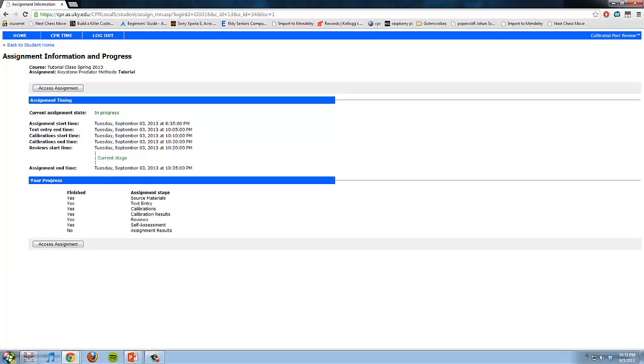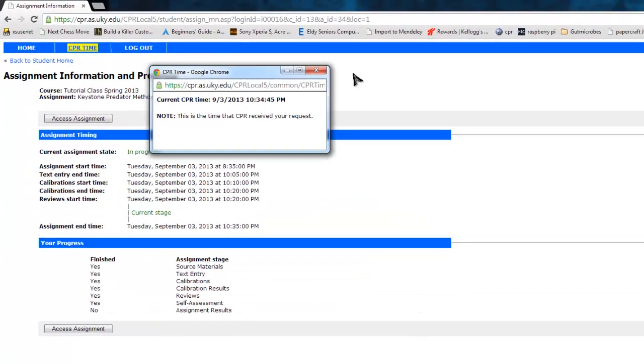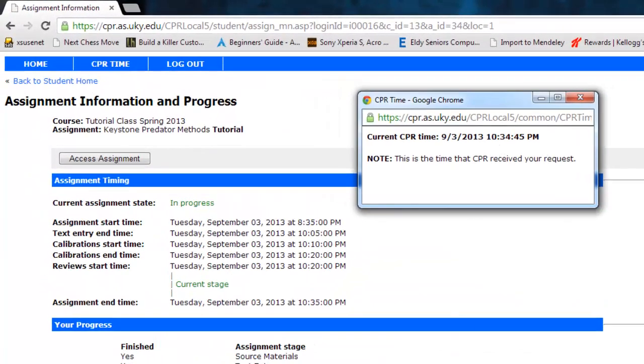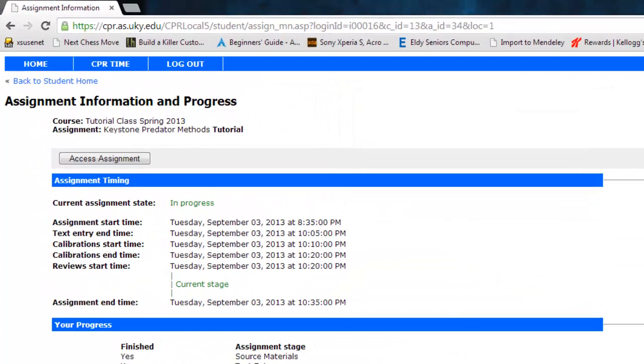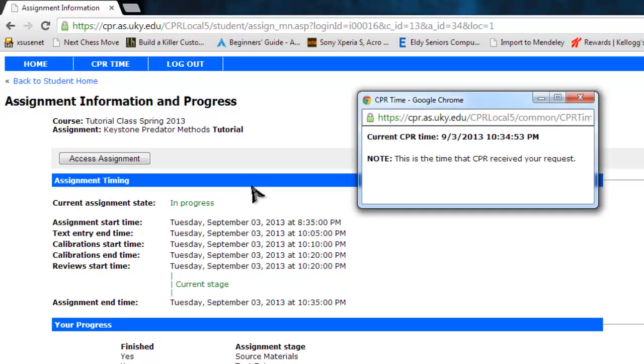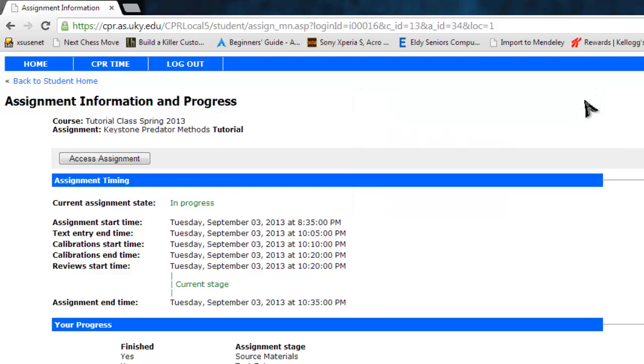Alright, so we're back and we're getting close to the end time. If we click on this link here, it'll show us what the CPR time is, and that really is the only timing that matters as far as these assignments go. If you're ever in doubt as to how far off your clock on your computer or your laptop is from the actual CPR time, you can always click this link up here. That's the CPR time, and it'll give you the actual date. But now that the assignment is over,